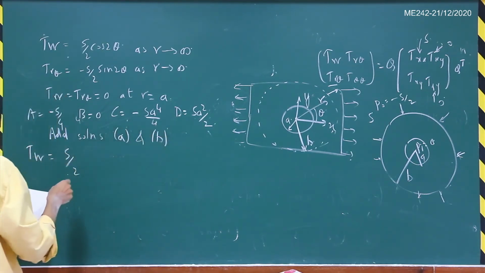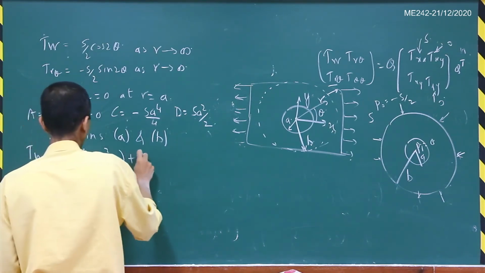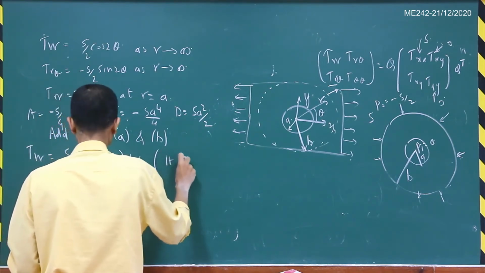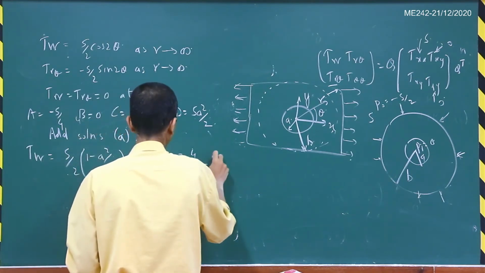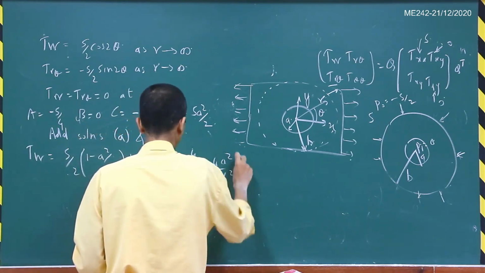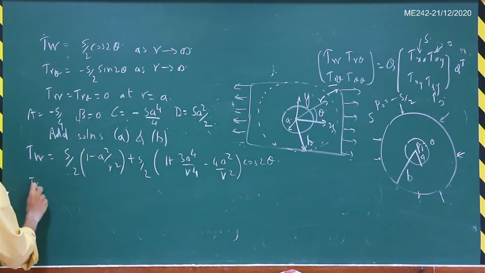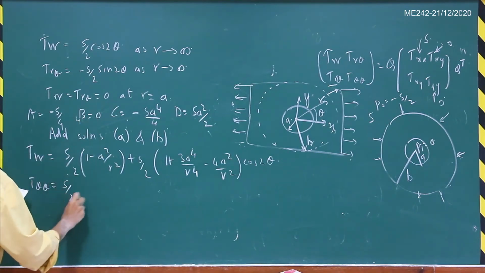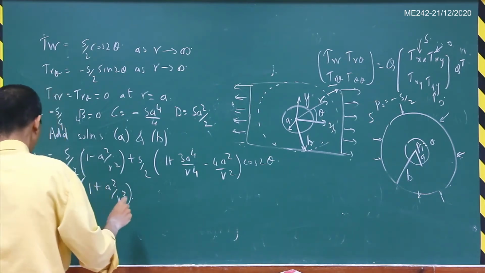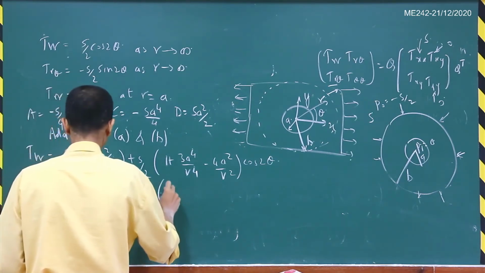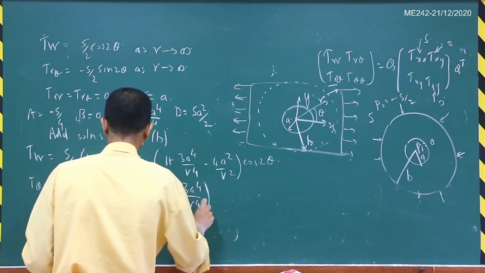So what I get is S/2 times 1 minus a²/r² plus S/2 times 1 plus 3a⁴/r⁴ minus 4a²/r² times cos 2θ, and τ_θθ is equal to S/2 times 1 plus a²/r² minus S/2 times 1 plus 3a⁴/r⁴ times cos